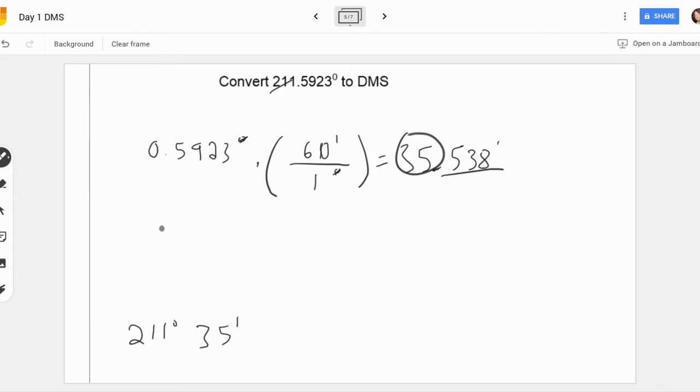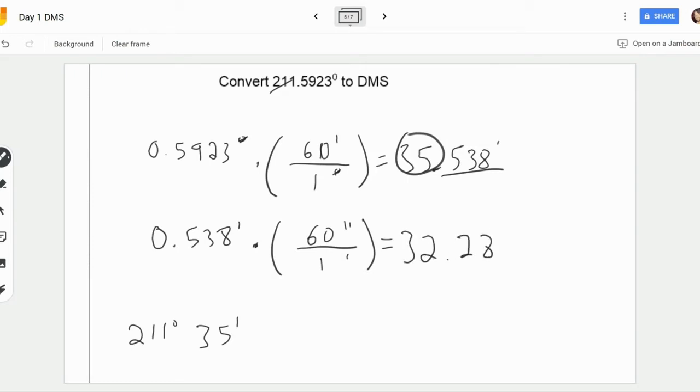So now you take that decimal, 0.538 minutes, and we're converting that into seconds. The minutes cancel. We want to end up with seconds, and the relationship is that there are 60 seconds in 1 minute. So then we have to do that calculation. That's 0.538 times 60, and we end up with 32.28